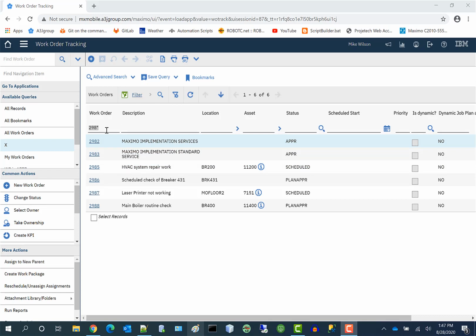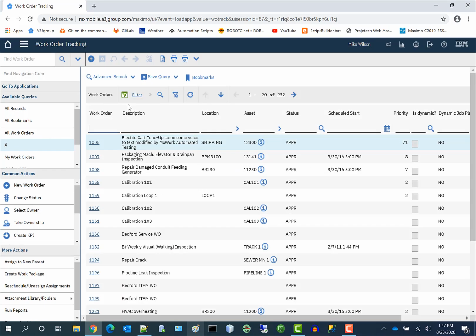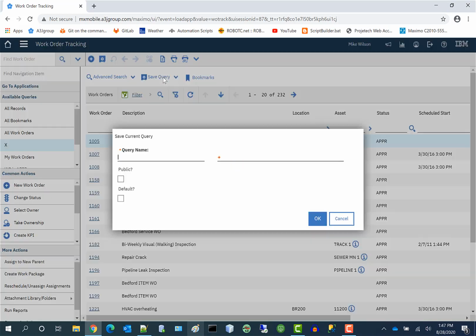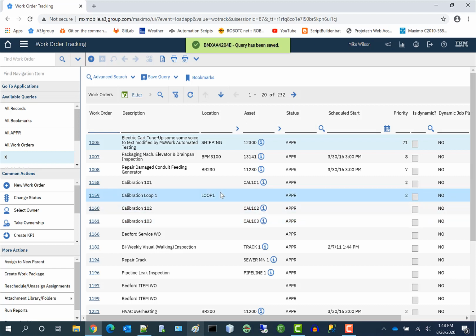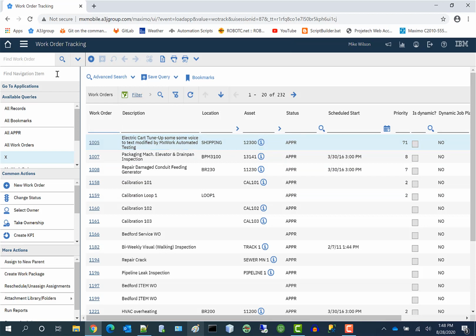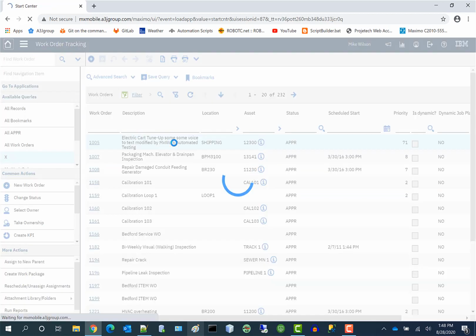So with that said, let's go ahead and save this query. We'll just call this All APPR. We'll make it public, and we'll hit OK. And then we can use this in something like a Start Center template. So if we go back to the home page